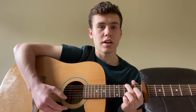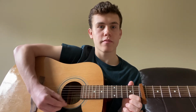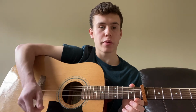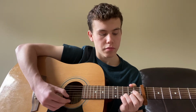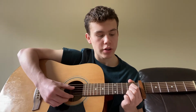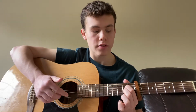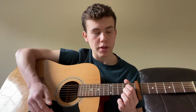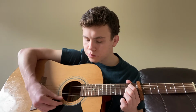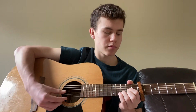But when you get to here, then you go pointer finger on the 2nd fret on the high E string, and then you play it open, and then ring finger on the 3rd fret of the B string, and then you put your fingers back in that position we played before, where your pointer's on the D string of the 2nd fret, middle on the B string of the 2nd fret, and then you just play those strings. So that whole first part is